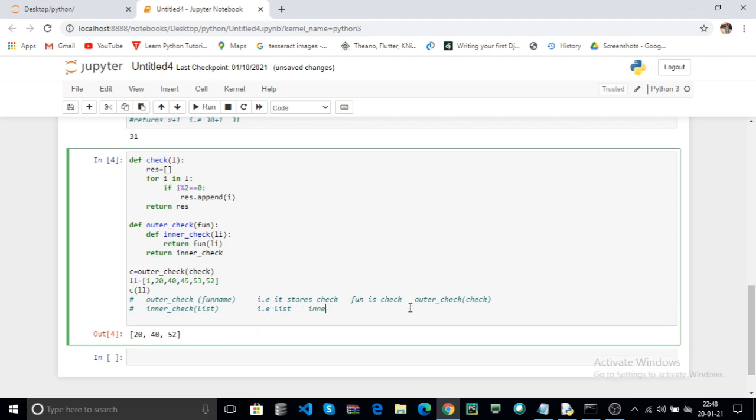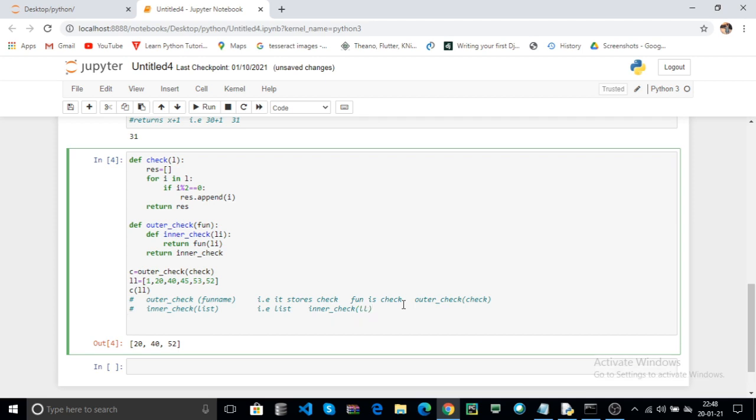Here that means your inner check contains, the inner function contains the list. Here the list is, for example, ll. Now after it returns the function, check of li is replaced by ll, because we pass ll as the argument of your function calling object.